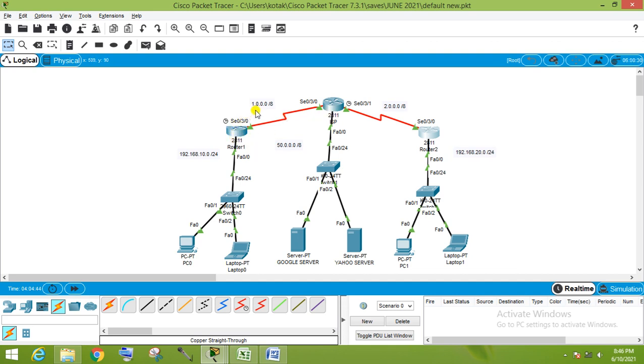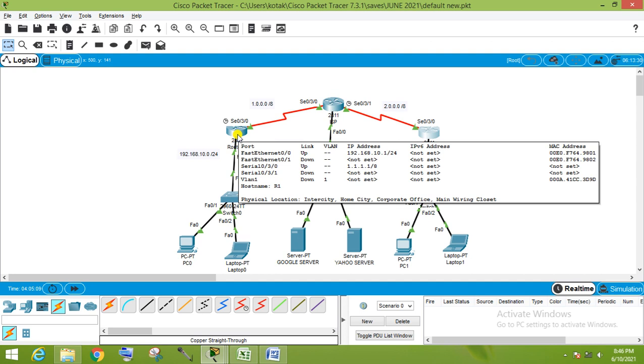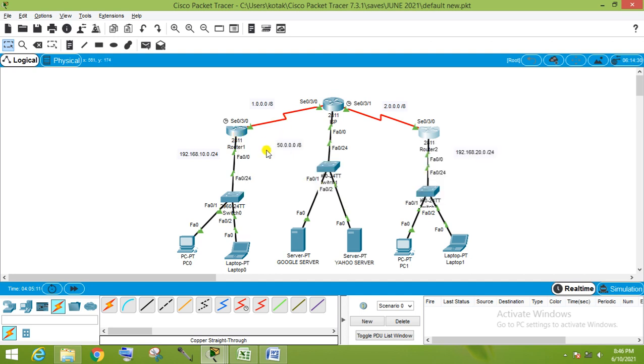We do the default route configuration on this router and apply the static configuration on the ISP router for these routes, because if this PC doesn't know the destination address, then we have to just apply the default route. Let's check how we will configure this.